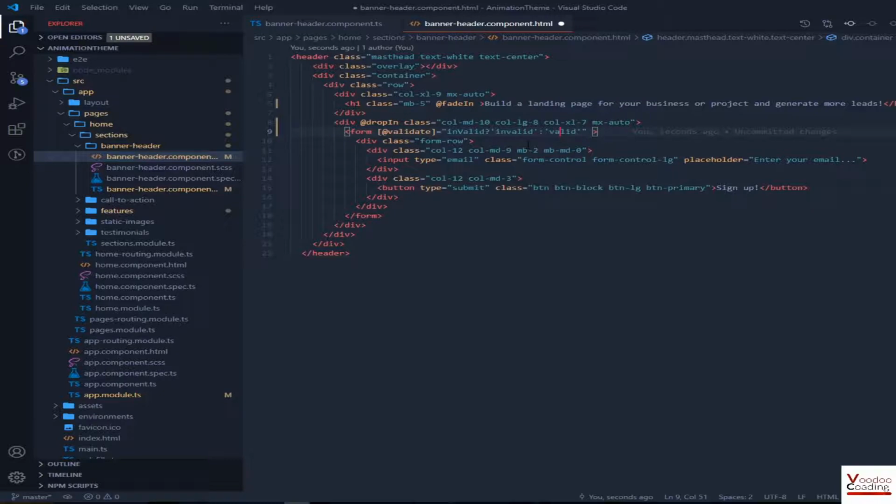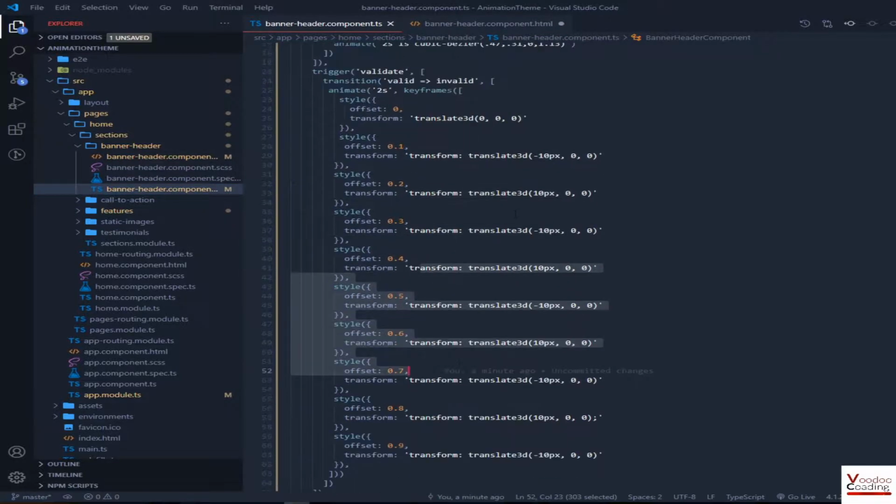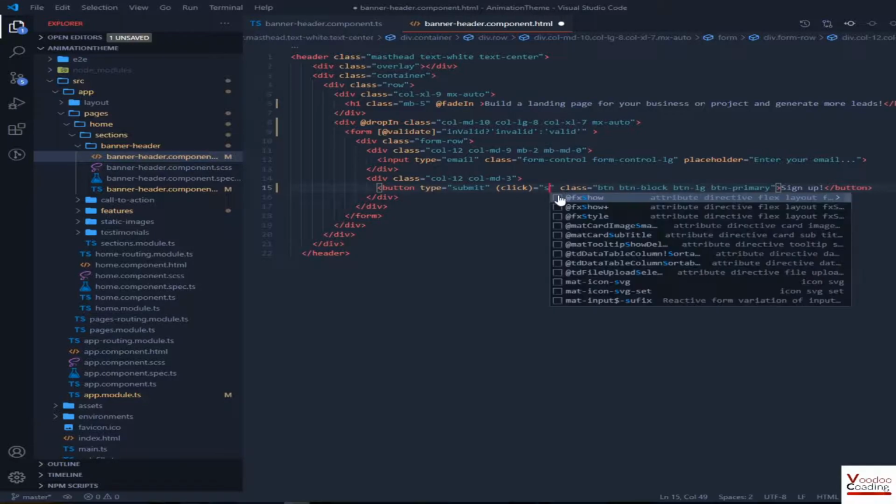But whenever I'm going to change this to true, it's going to assign invalid, and during the transition between valid and invalid, it's going to run this animation. I hope this is clear, right? Okay, so how can I change this variable? Well, on a click of the button. So we need to subscribe to the click and just call this function submit,